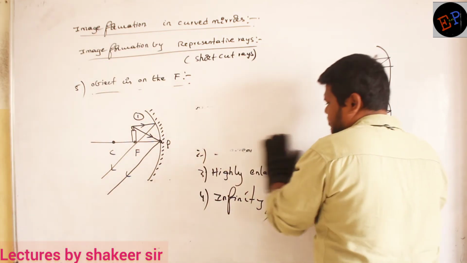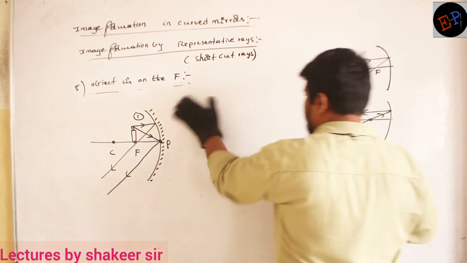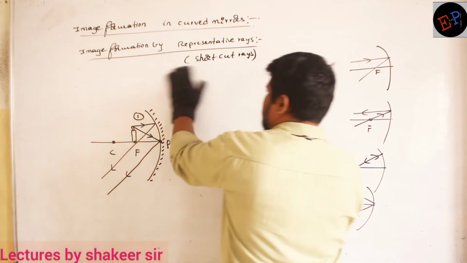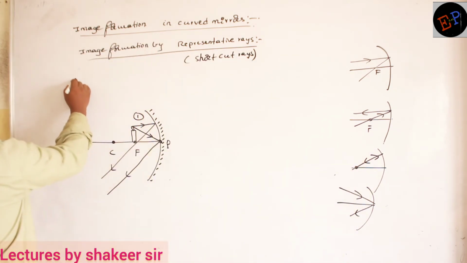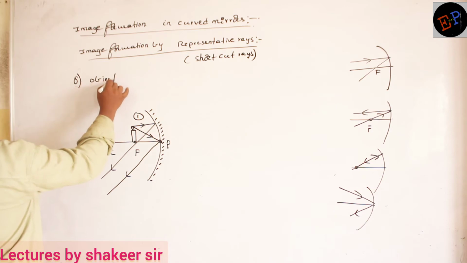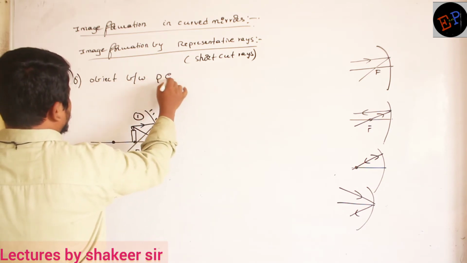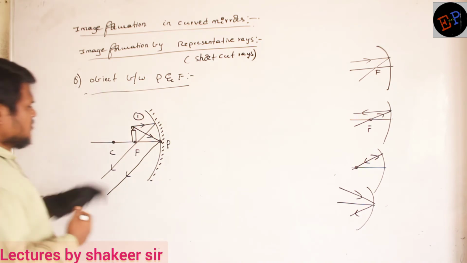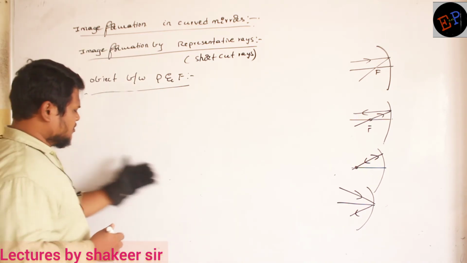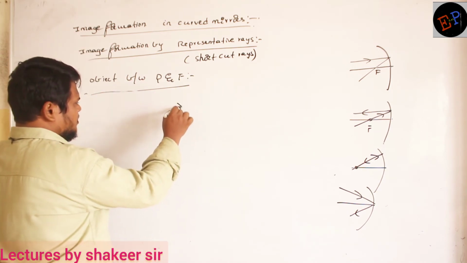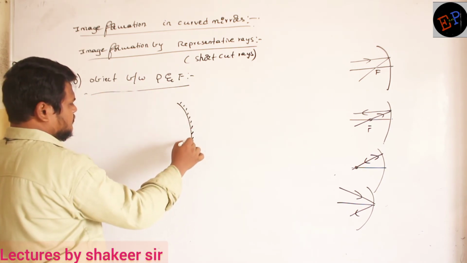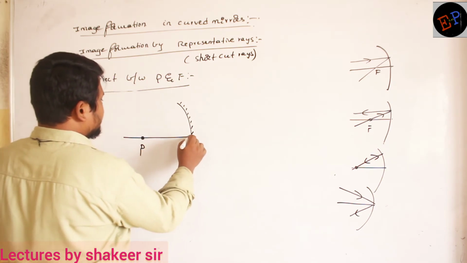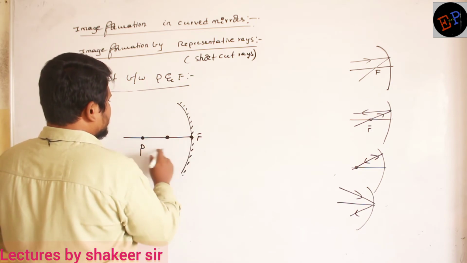So the sixth one is quite different, ma? Here we have to understand it very carefully. Okay. The sixth one is: object between pole and focus. Okay. The object is present in between the pole and the focus. Let us see what is the meaning of it. So consider this is a curved mirror. Okay, ma? So this is the pole, this is the focus, and this is the center of curvature.